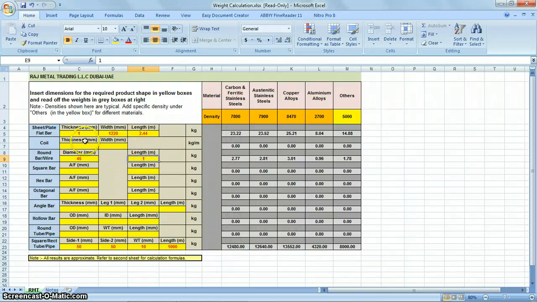Alright, now we're going to talk about the weight calculation sheet. This sheet is very often used in our company. Basically, this